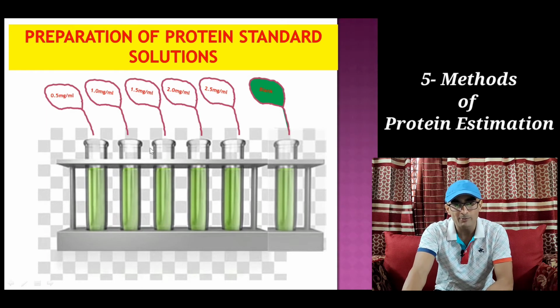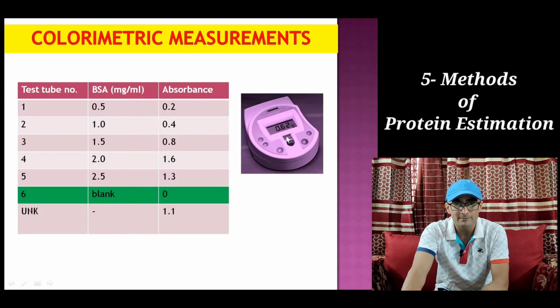So at least 5 variables are taken here. Then we take one blank test tube also where protein BSA is not added. All other buffers and water and other components are there, but protein is not there. So that will give some idea if besides protein anything else in the mixture is also absorbing the same wavelength. If it is so, that will create error in your calculation, so it can be subtracted later from the absorbance of all the variables.